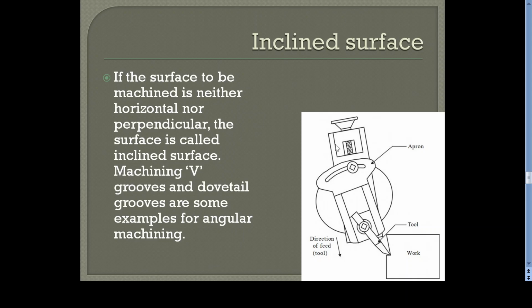Now we will see how the inclined surface is generated. Inclined surface can be generated in two ways. The first method is by using an inclined vise, an angle vise. As I told you before, that means you can keep the workpiece in an inclined manner and you can have machining operations. But another method is by tilting